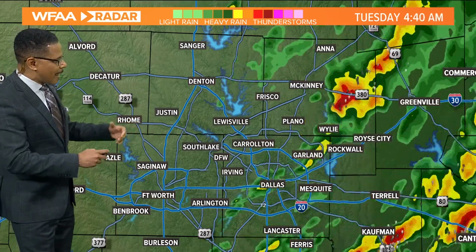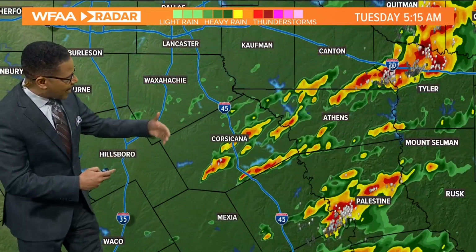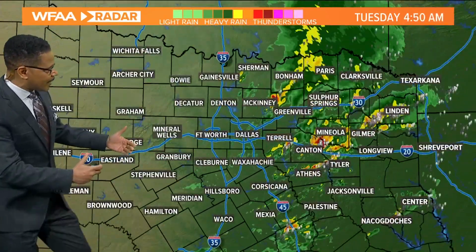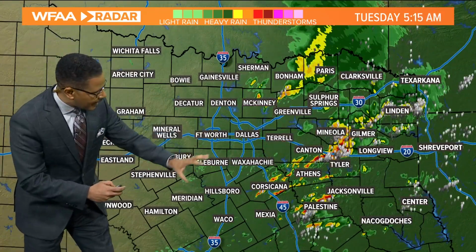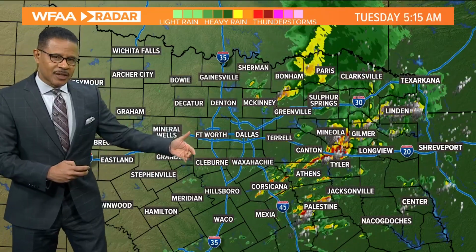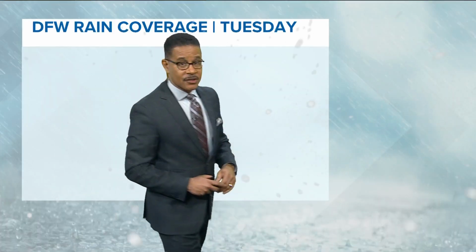Not a lot going on now, but we'll head a little farther south, heading down I-45, starting to see a few more showers and storms redevelop down toward Corsicana and Palestine. That's beginning to pick up, and I think south of I-20 here as we go through the next few hours, we'll see a few more showers and storms. That's the area that we'll be watching for that redevelopment initially as we head out a little bit later this morning after sunrise,